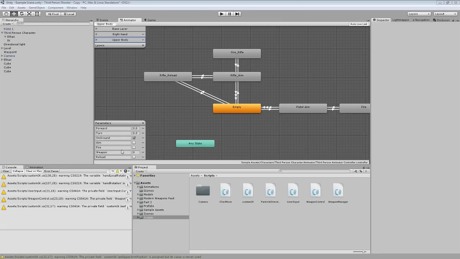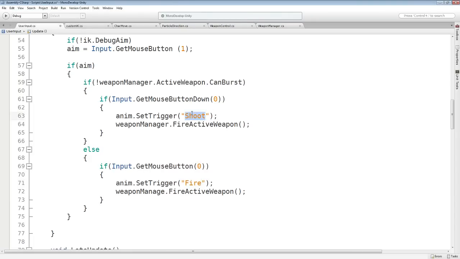I think it's this. Oh, it's fire. So if it can shoot, get mouse button 0, fire the active weapon, and set trigger to fire. And now